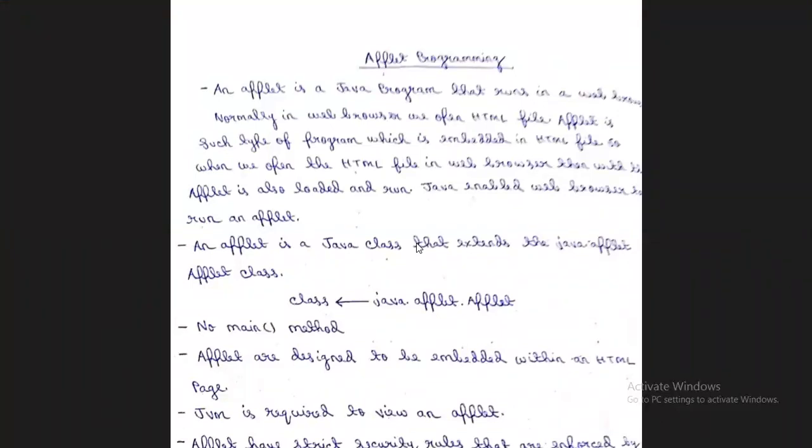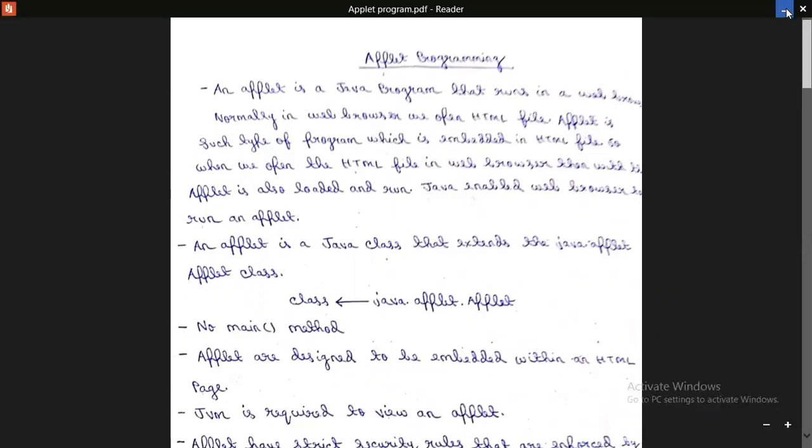Okay. Applet is a Java class that extends the java.applet.Applet class. Now, what is the meaning of this? For using applet, we have to import a package, that is java.applet. We have to import the package java.applet. And this applet